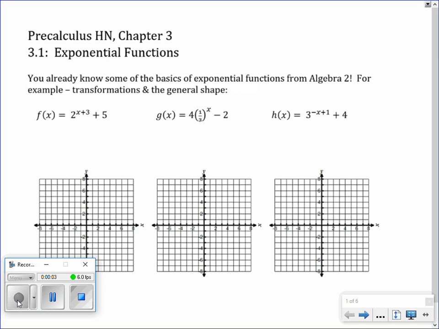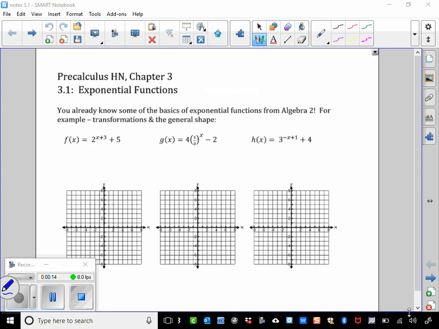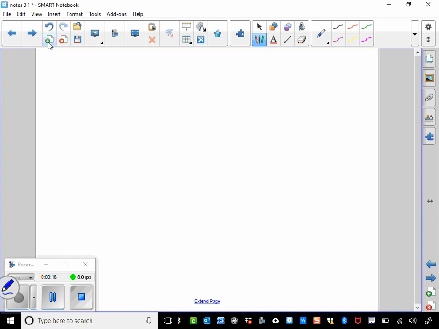All right, so the first part of this section should be a little bit of review from Algebra 2 with your exponential functions, but there are some things that are a little bit trickier. So before I go on to this page, why don't I just review real quick with you general exponential functions. An exponential function is when you have an x in the exponent, like let's say you have